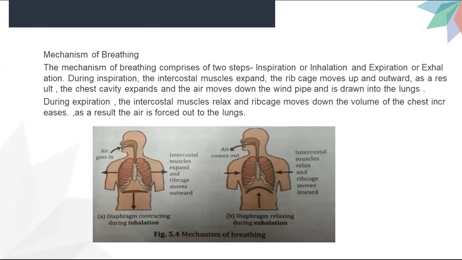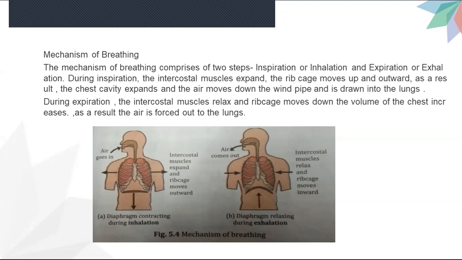Mechanism of breathing. The mechanism of breathing includes two steps. And look at that, what are they? Inspiration or inhalation and expiration or exhalation. During inspiration, the intercostal muscles expand and the rib cage moves up and outward. As a result of this, the chest cavity expands and the air moves down the windpipe and is drawn